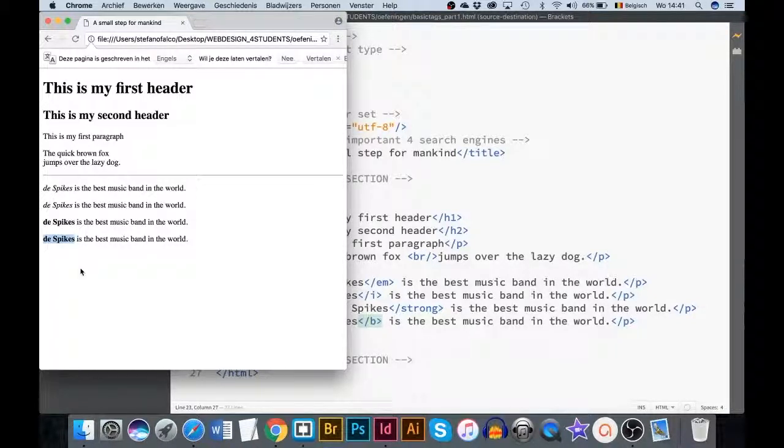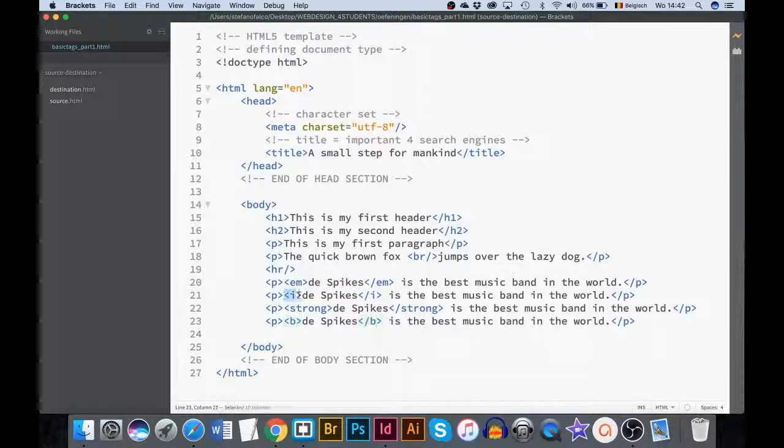B, of course, stands for bold, but strong stands for strongly emphasized. In a semantic way, there is a difference between EM and I, and strong and B. Keep that in mind. Furthermore, if you want italic text or bold text in HTML5, we will use